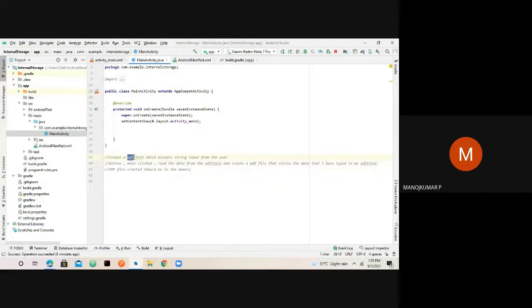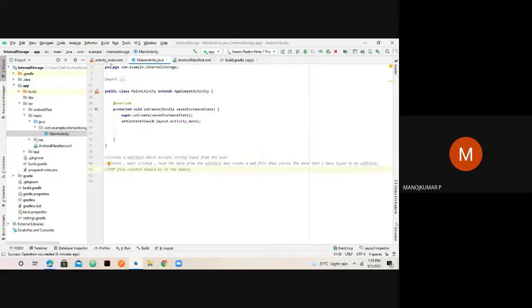Once we obtain an input from the user, we'll click on this button. Once the button is clicked, the data that we have read from the user should be stored in a PDF file automatically. And once that is done, this PDF file should be automatically stored in the internal storage. These are all the things we are expected to proceed with in this video session.